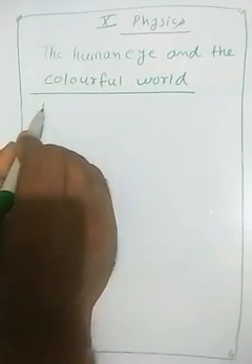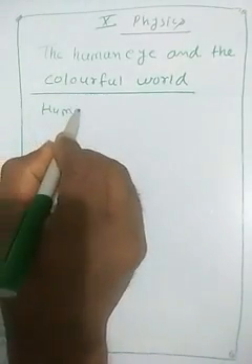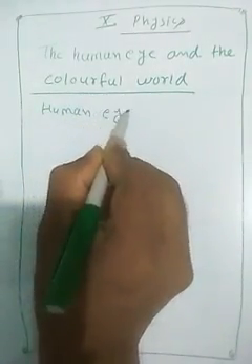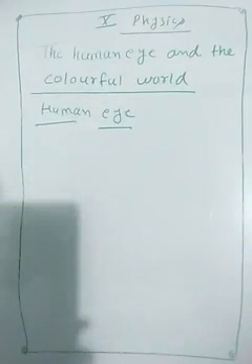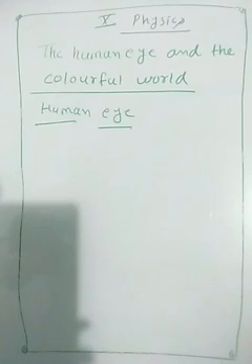What do you mean by human eye? We know that the human eye is our sense organ. It senses the light. If we close our eyes, we can't see anything. Why? Because light is sensed by our eye only. No other part senses the light. So with the help of light we can see anything. It is a sensitive sense organ.